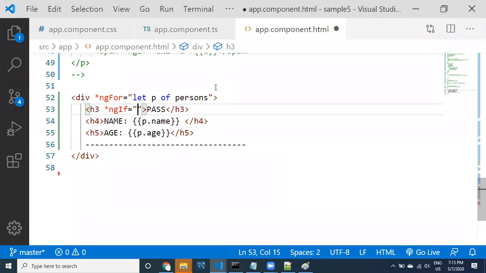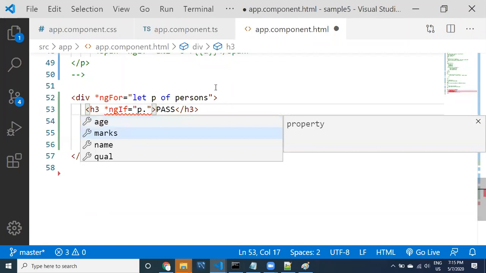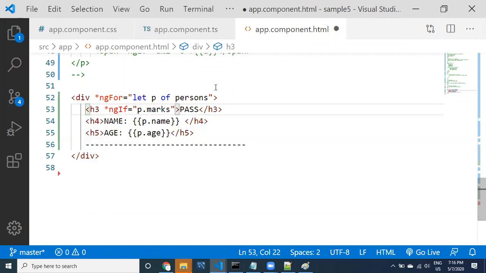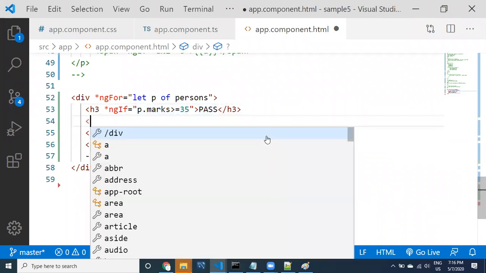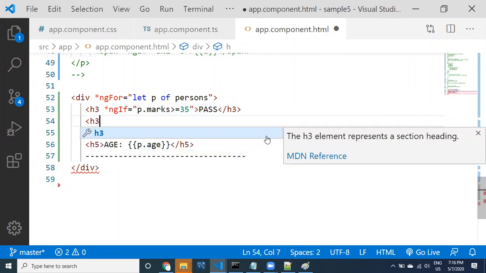Whenever you say ngIf, you can take p.marks greater than or equal to 35, then it is going to become true, then it is going to become pass. What you can do, h3.